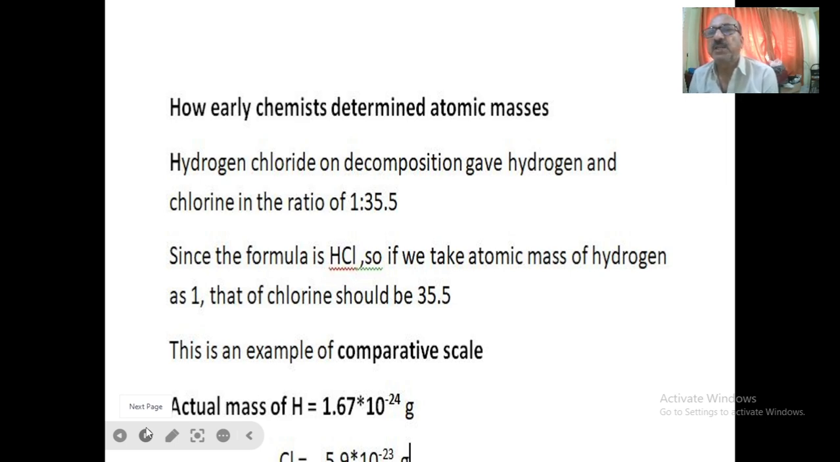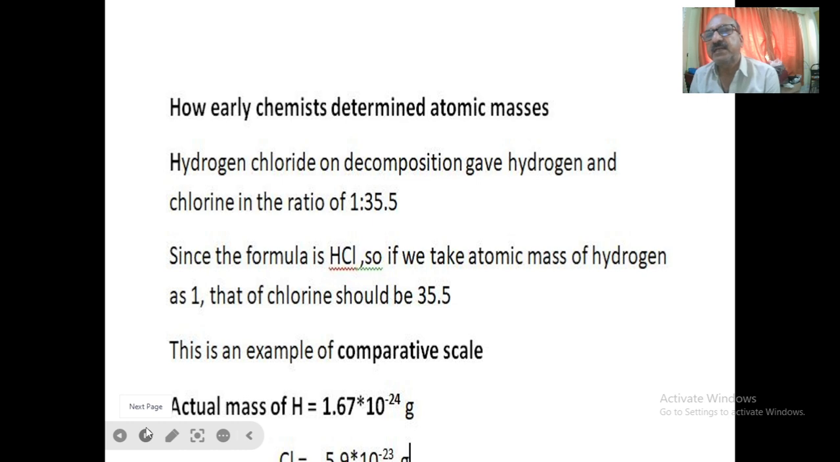I'm going to explain this with a simple example. How, in the olden days, were scientists able to calculate the atomic masses, when present-day sophisticated instruments like the mass spectrometer were not available? When they decomposed hydrogen chloride gas, they collected hydrogen gas and chlorine gas, and found that the masses of those gases were in the ratio of 1 to 35.5,